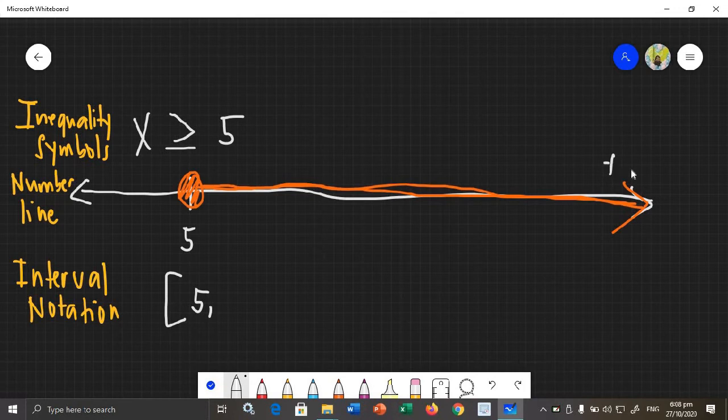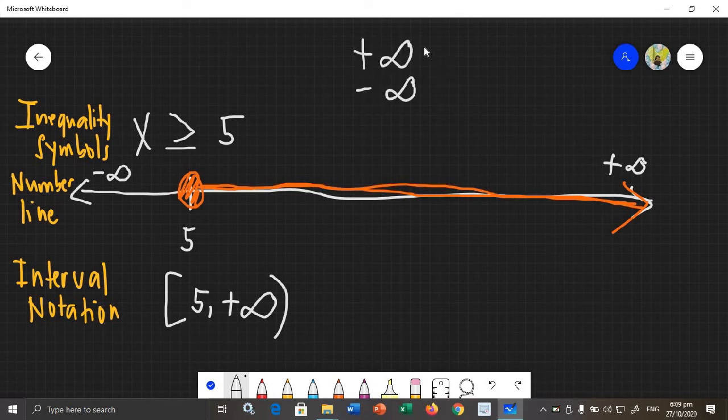Kapag papunta sa right side, this is positive infinity. Kapag sa left side, negative infinity. 5, and then we have positive infinity. Kapag po ang interval natin ay aabot ng infinities, either positive or negative, lagi pong parenthesis yung ginagamit. So, kindly take note of this. Sa interval notation, ang positive infinity and negative infinity,